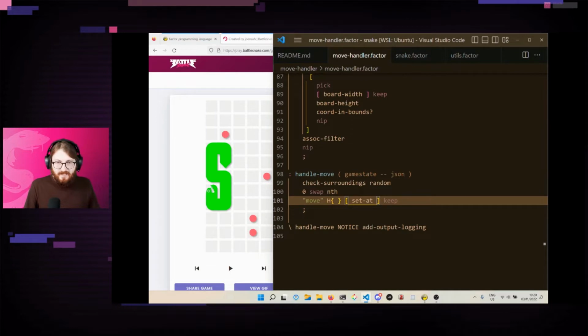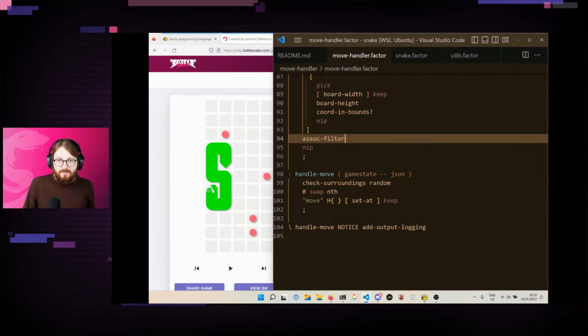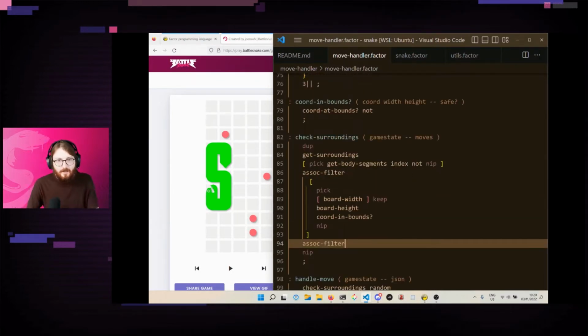We set move as the key with the results of all of this stuff. So check surroundings is where most of our logic is. If we go and have a look at check surroundings, again, we're taking game state. The way I ended up building this is a lot of the functions take in a whole game state. This is probably going to bite me at some point. I've got a feeling this is going to end up being slow, but I didn't want to deal too much